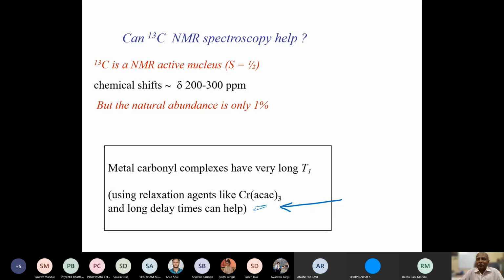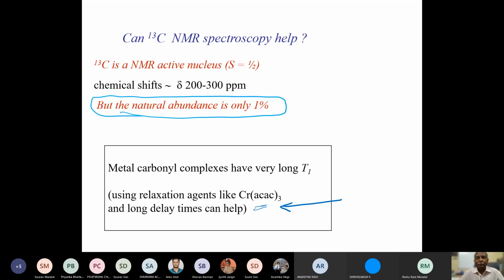The reason for this is that carbon is bound to a metal, and on the other side, it's bound to an oxygen. And there are no hydrogens close by. In most organic compounds, the carbon resonance is enhanced by the presence of a hydrogen close by. The flipping of the hydrogen from the higher energy level to the lower energy level, back and forth, enhances the relaxation of the carbon-13 signal. And so the intensity of the carbon-13 signal is already hampered by a very low natural abundance. The natural abundance of carbon-13 is only 1%.